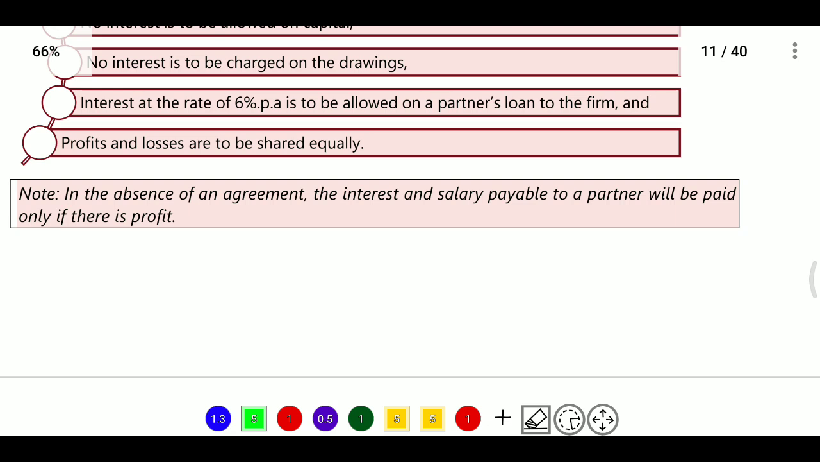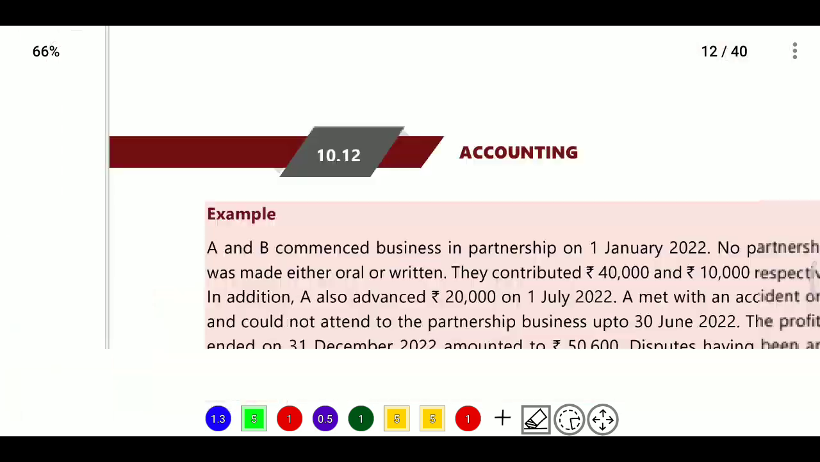For example, if the partnership profit sharing ratio is 3 is to 2 is to 1 for A, B, C, and profit for the year is 60,000, then A will get 30,000, B will get 20,000, C will get 10,000. If there is no deed, all will get 20,000 each. Now, what are the powers of